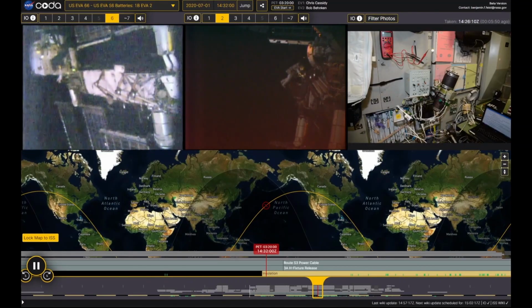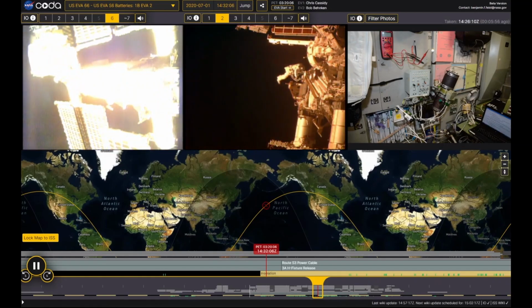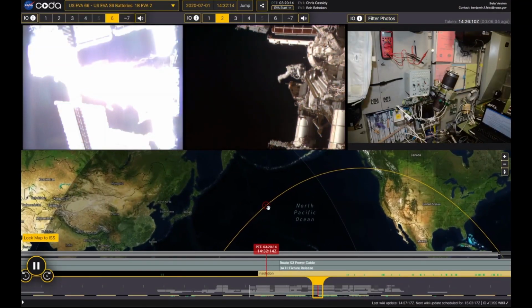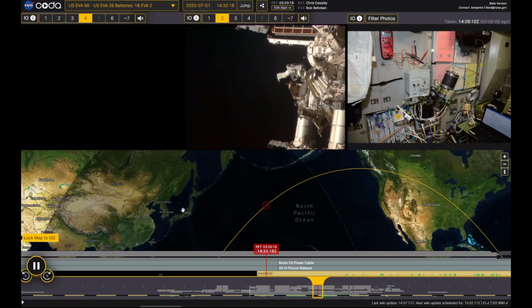Here's an example of the space station coming out of eclipse, and you can see the sunrise happening. All the calculation of when that occurs is done with orbital mechanics math, and then syncs up with the video. And again, you get to have this connection of, thank goodness my calculations were right.